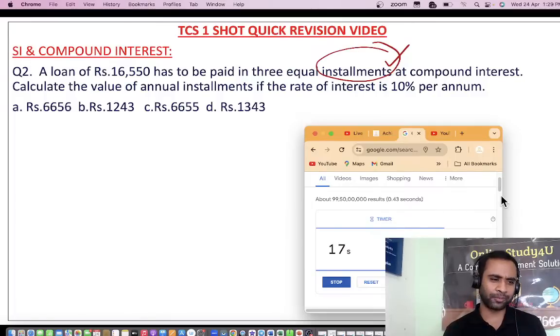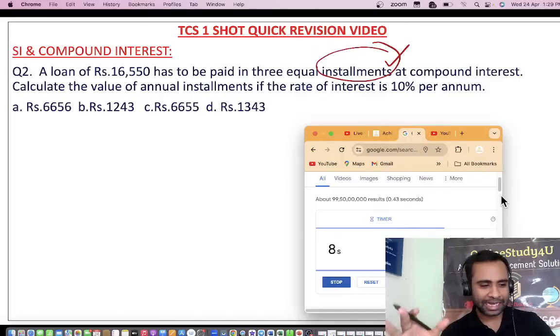Installment problem. Installment is a very important topic. See, if I teach you installment also, many of you will not be able to understand, so I did not want to take any new topics here. But anyway,